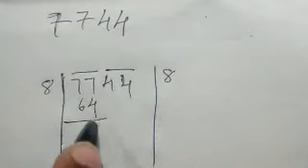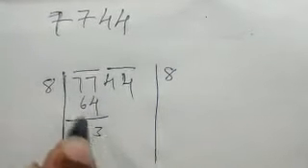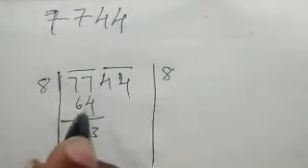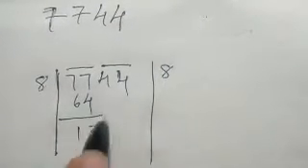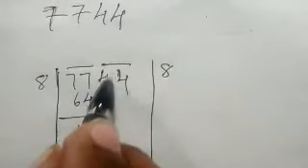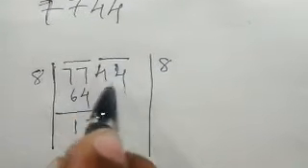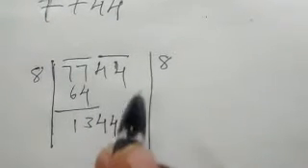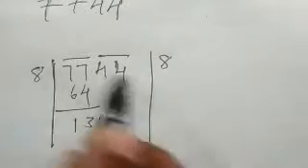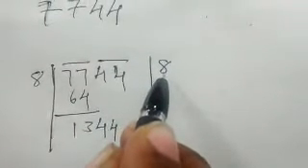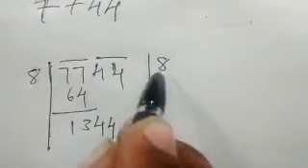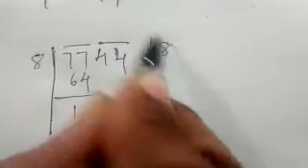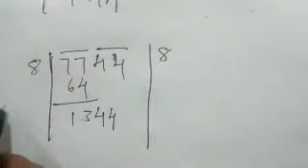So what is the remaining? 7 minus 6 equal to 1. Now, as I said, we have to bring down both the numbers as a pair. So get 44 here. Now, what is the thumb rule here? You have to take the last remainder. What is the last remainder here? This is the first and last. So 8 plus 8 is going to be 16.